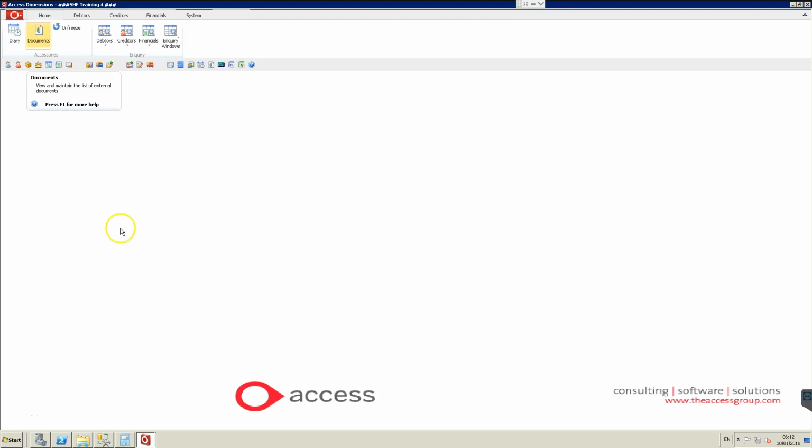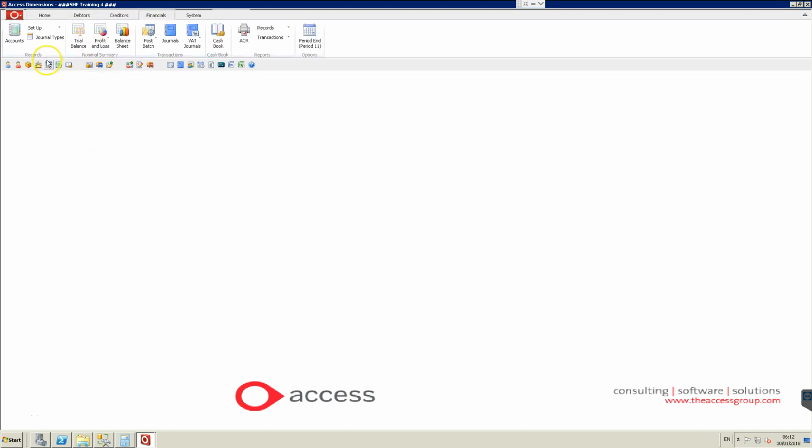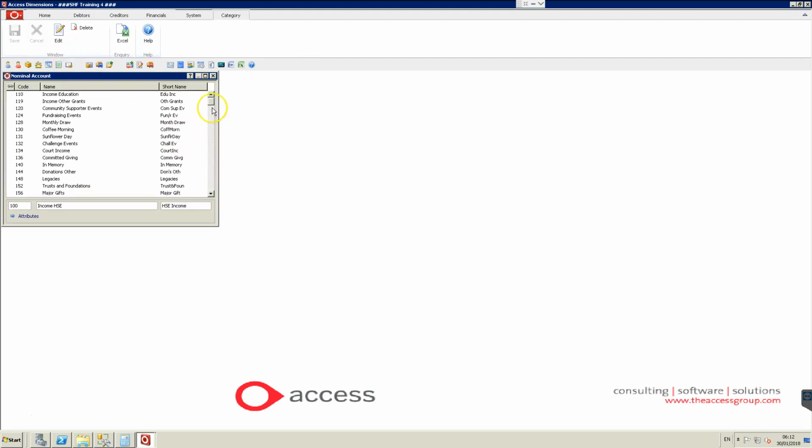So this is just a quick run through on the use and setup of the nominal categories within the Dimensions database. I'll just go to Financials and I'll go to Setup. And within Setup you'll see that we have 4 categories, the first of which is the nominal account. I just click on that and it brings up the current list of nominal account codes that we've set up